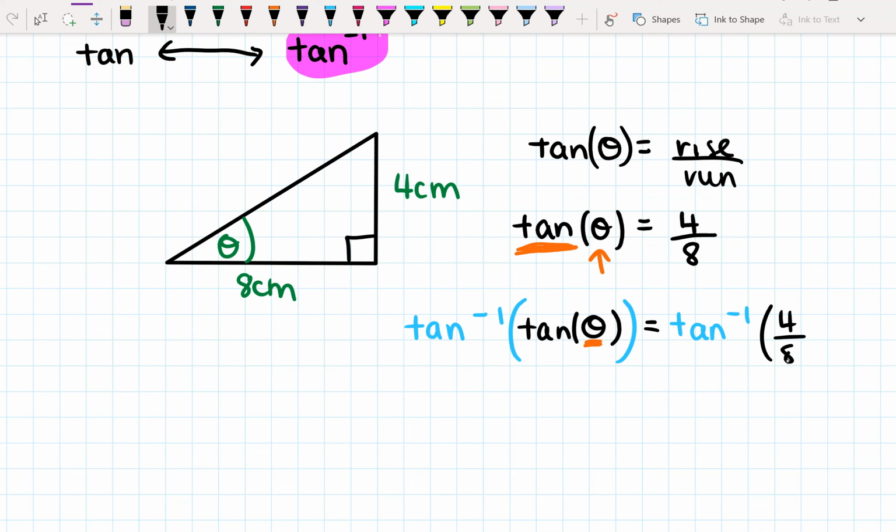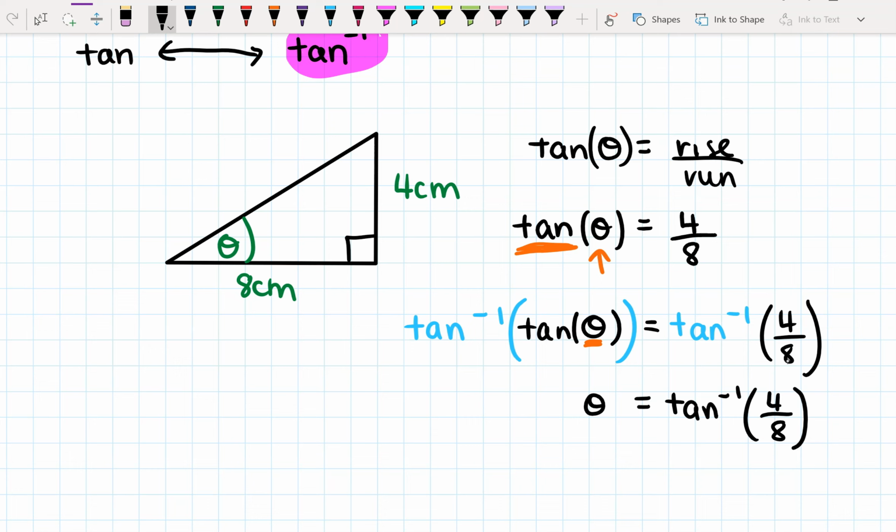4/8 or a half, whatever. Okay, and as I said, we don't normally write this step. I only write it the first time I go through it so that you can see how it works. So once you do the inverse tan of tan theta, what we get left with is theta equals the inverse tan of